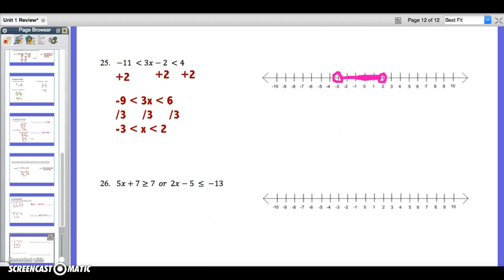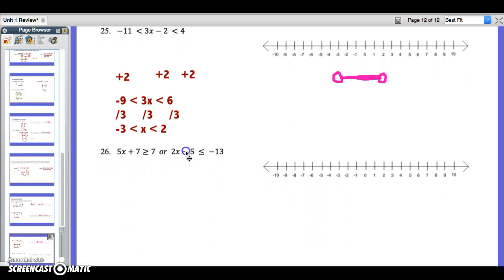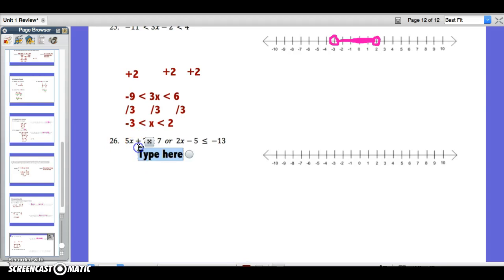Okay, next question. In this one, I have an OR situation. When I have an OR situation, I need to solve each of these individually, and then I'm going to graph them over here. Looking at this one right here, I have 5x plus 7 is greater than or equal to 7. My very first step is to subtract 7 from both sides because the inverse operation to addition is subtraction. So subtracting 7 there,